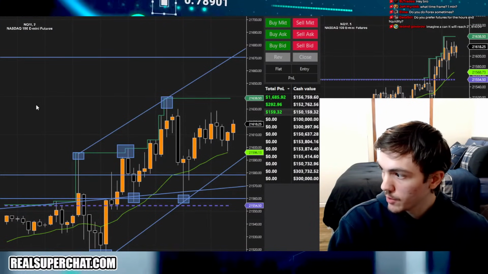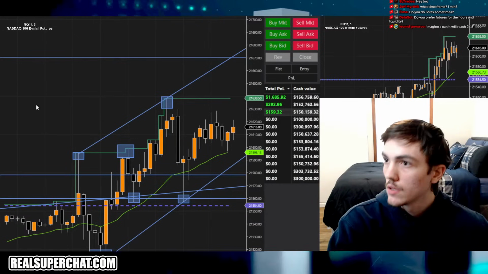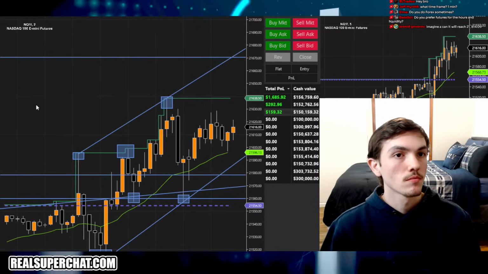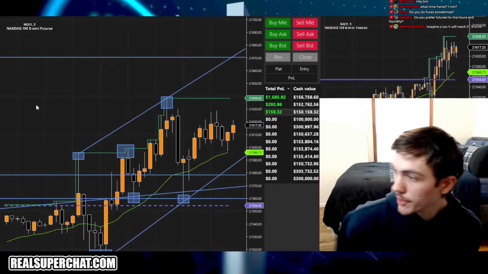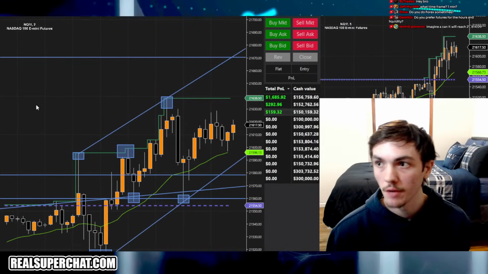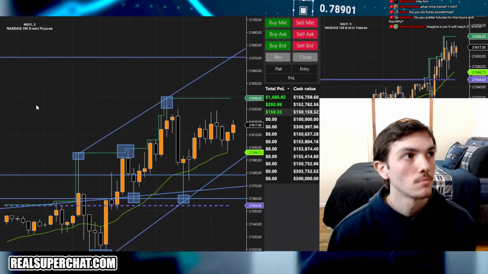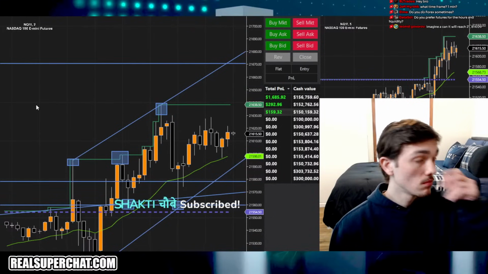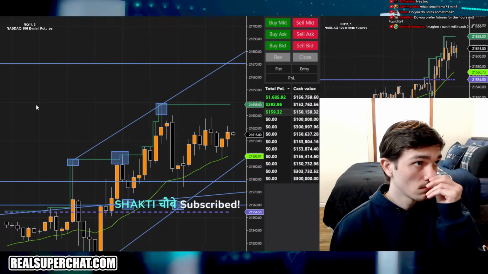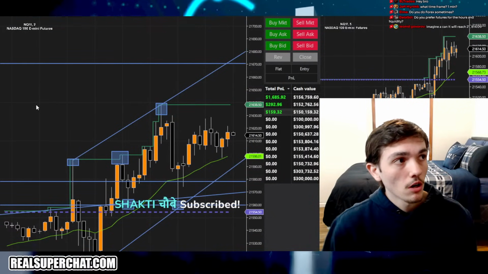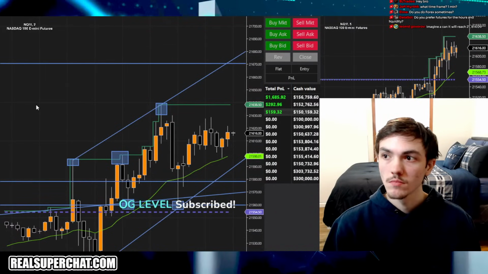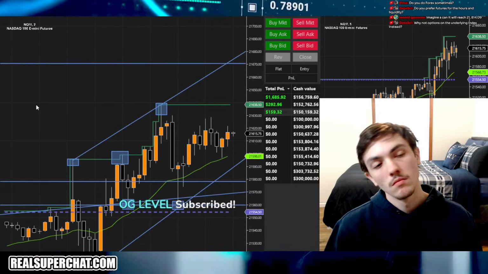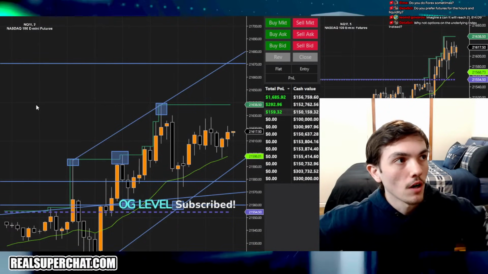Imagine if it will reach. Yeah, I don't know. Unsure. I don't know if we can reach that today, but that is the high from a couple days ago. So far, it's just grinding up. ATR is falling. It's grinding up.